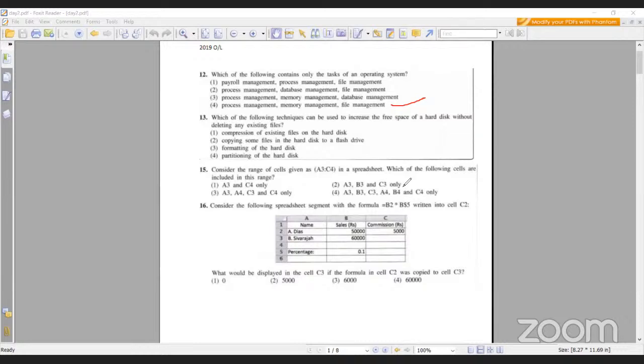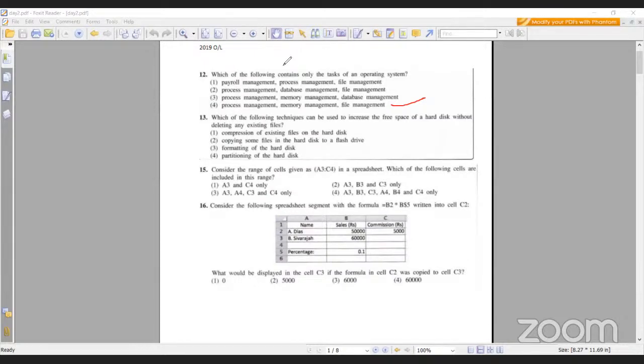Increase the free space. Now formatting, it will delete everything. Partition, nothing will happen. It will be only partitioning, separating, but not increasing the free space. Copying some files in the hard disk to a flash drive, that is okay, but when you are copying, you still have the files there. If you cut them and put them on the flash drive, then definitely you will increase the free space. So compressing means, now if you have compression technique, it will be coming to other grade